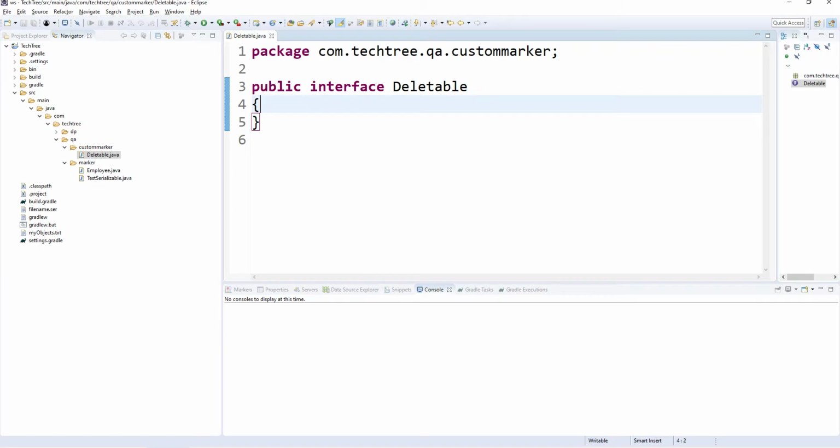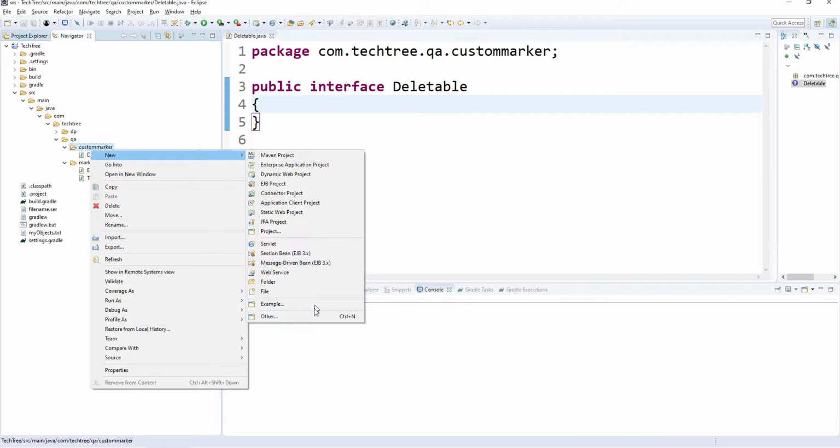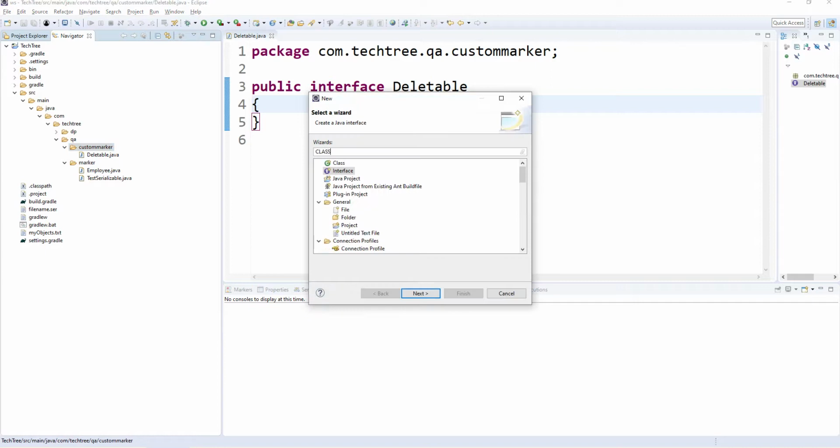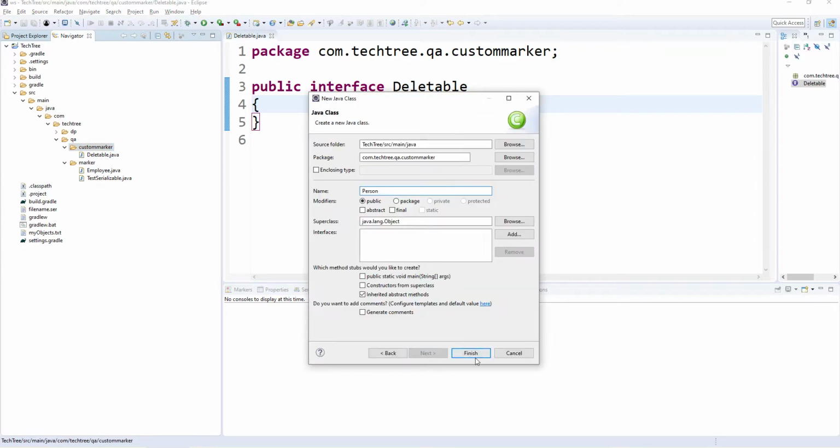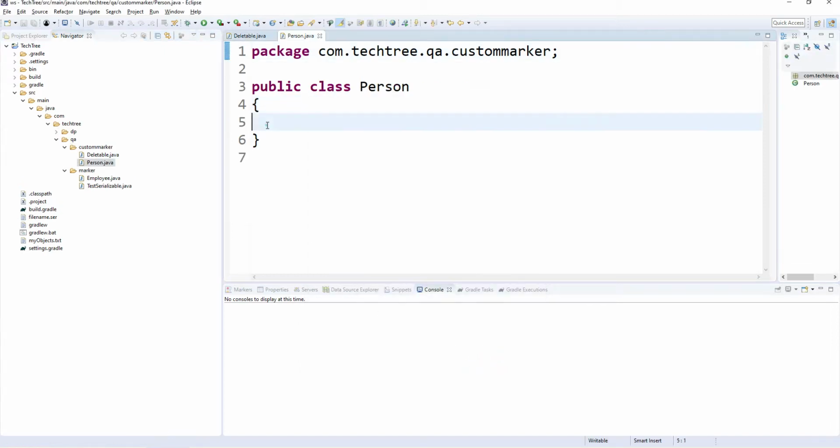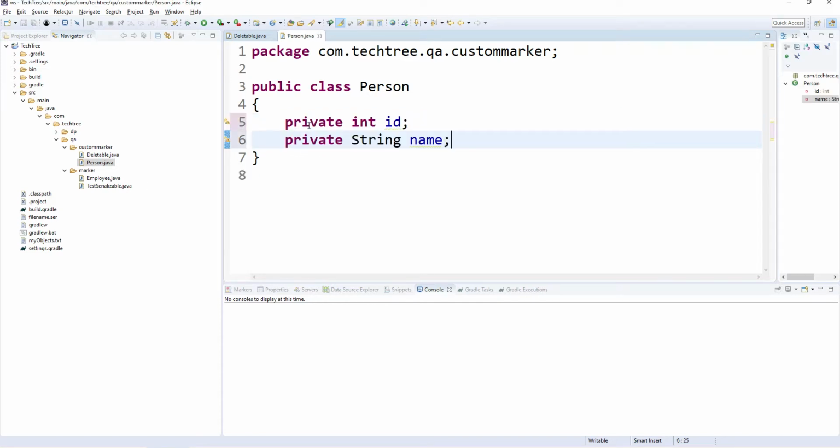Let's create an entity class, a Person class. Let's create some attributes, say ID and name.